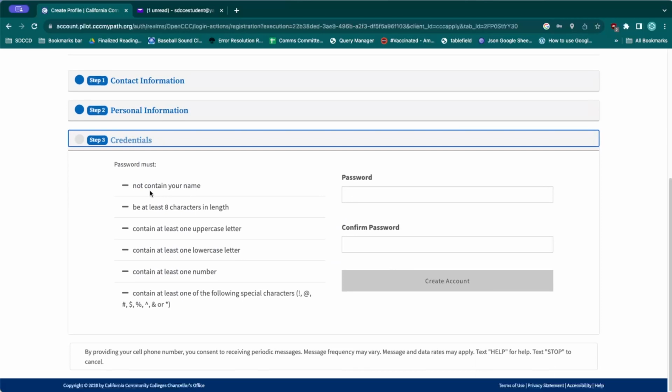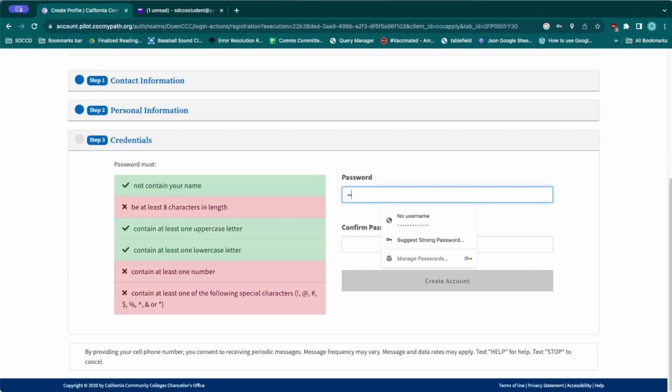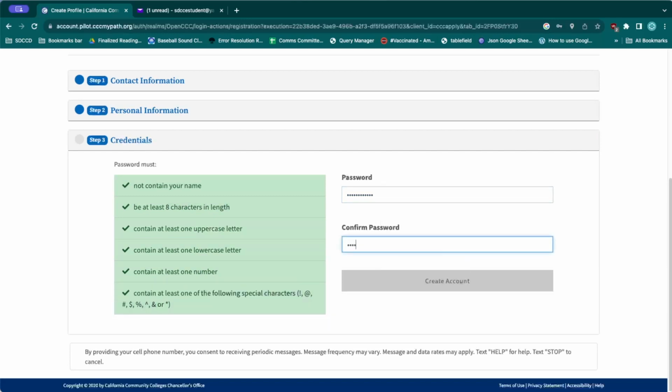So again, it must not contain your name. It must follow all these rules here. So what's nice about this is as you type your password, it'll let you know if you are meeting all of the password requirements. So as you can see, all of these are green. I can go ahead now and create my account.